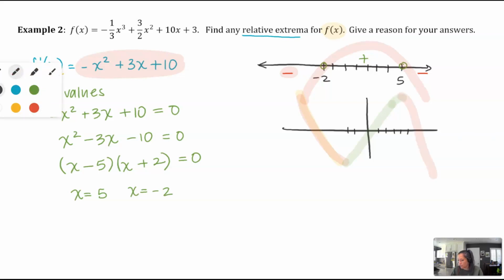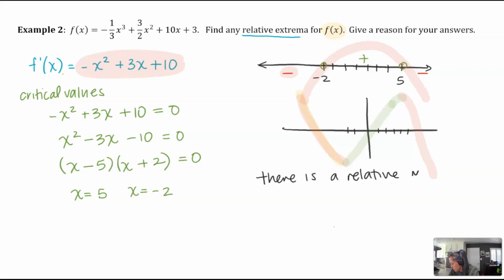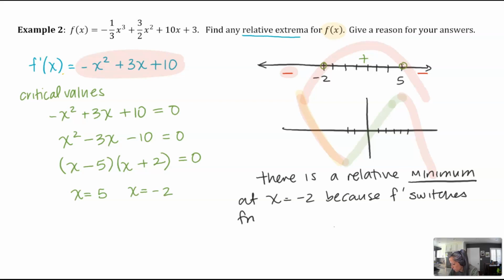So we could say there is a relative minimum at x equals negative 2. And it says explain the reason because, I just want to point to my graph above, f prime switches from negative to positive there,